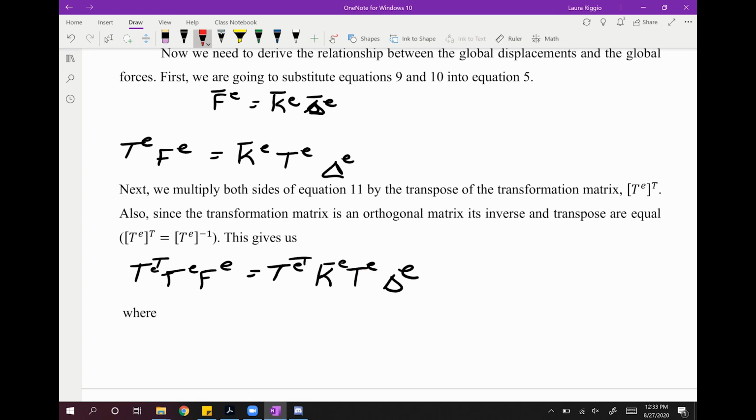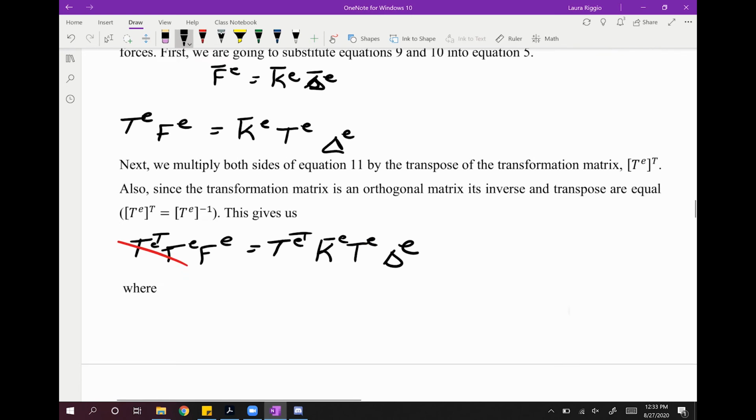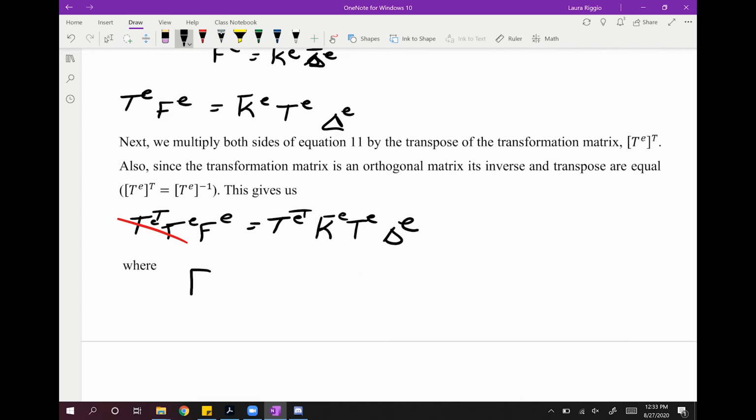So those two cancel out, they become the identity matrix, and we are left with our forces in our global coordinate system is equal to K times delta, where I'm saying K is equal to T transpose K local T,